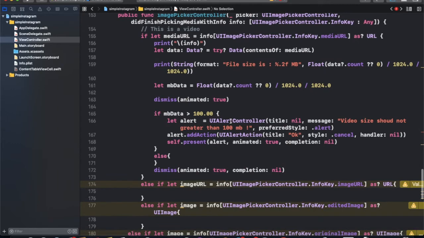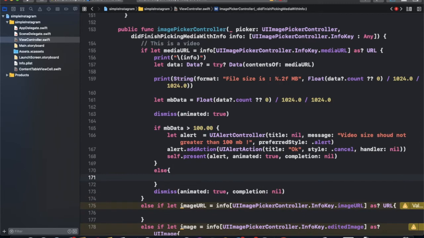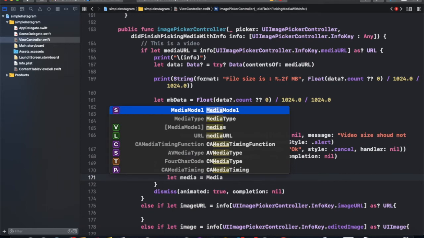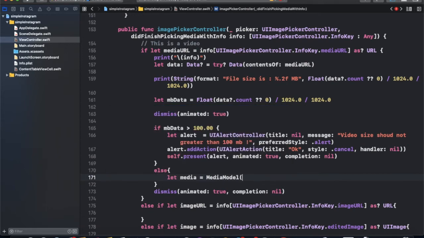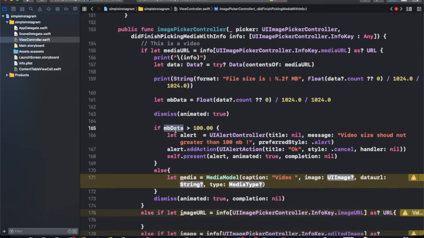Now setting the values. Firstly, if you select any video, we create an object first: let media equal to MediaModel, creating the object of MediaModel. For the caption, write a name such as video. For video we are setting the name too, so we are using the timestamp or date, anything.